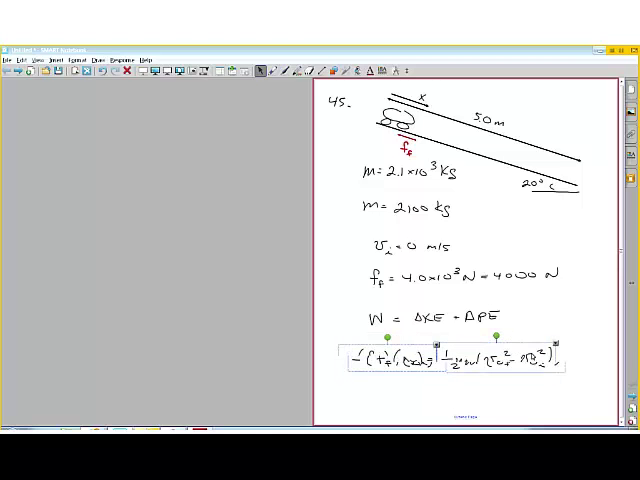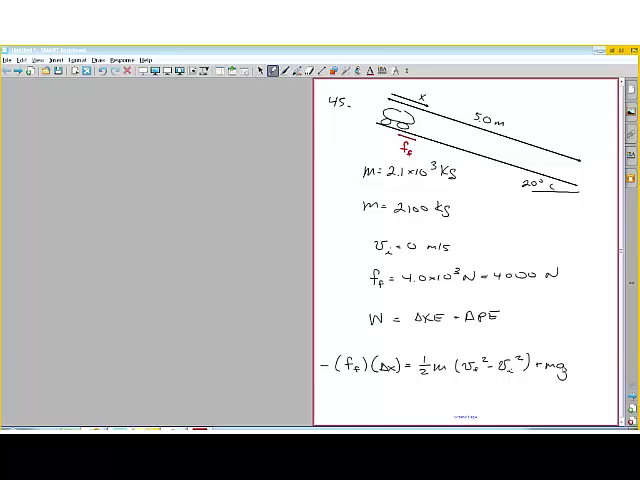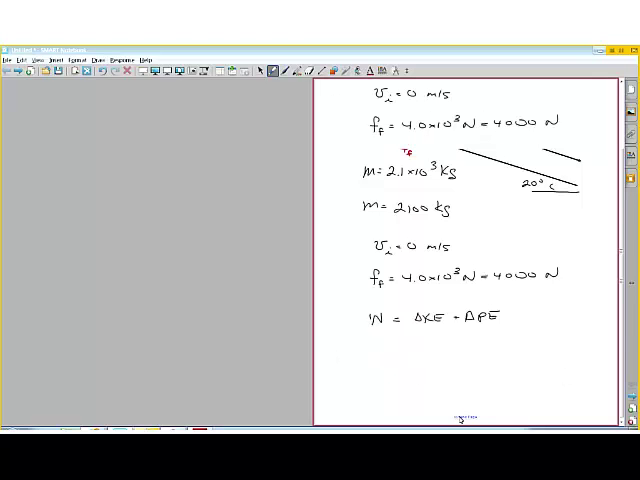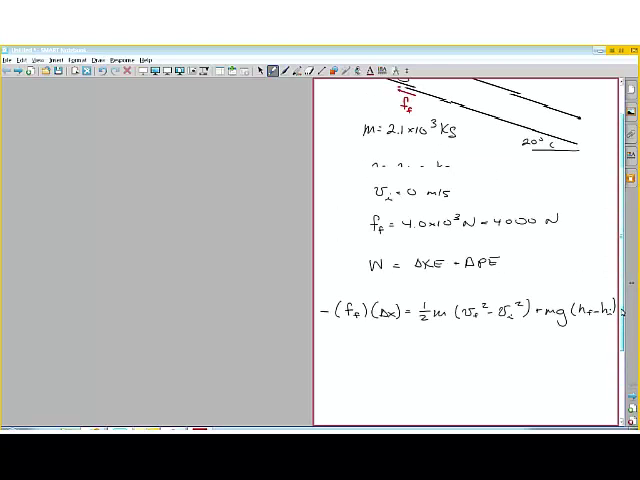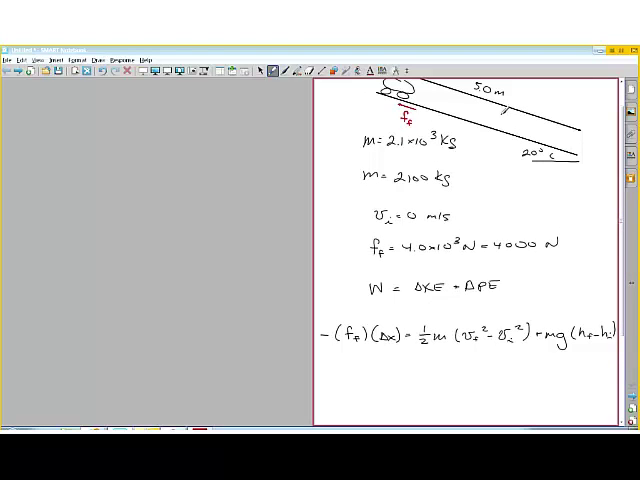And then we're going to have the change of potential energy, which is the mass times the acceleration due to gravity times h final minus h initial. In this case, the height is going to decrease because we're getting to a lower level. In terms of height, positive is up, negative is down. And h final minus h initial is going to be equal to negative